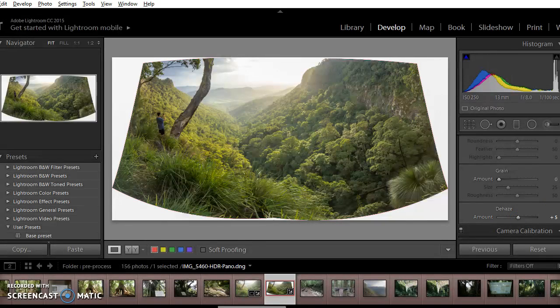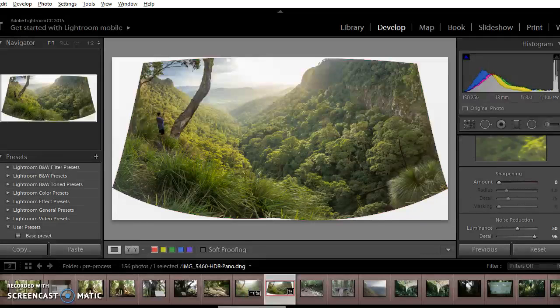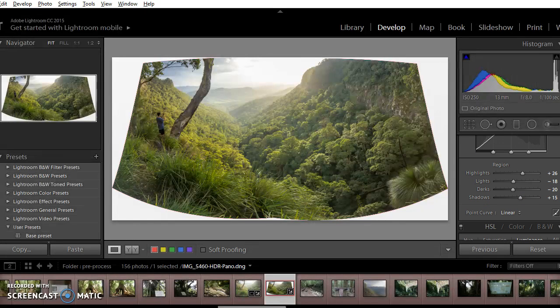Maybe a little bit of dehaze, and then I might pull back the darkness. You'll just have to get a feel for which of these sliders does what. Obviously I can always bring it back in Photoshop. What I'm trying to do is create a flat file, as I've said before. So yeah, about there. That will allow me to really push the image in